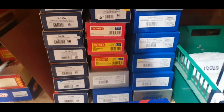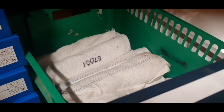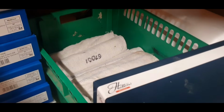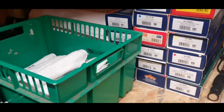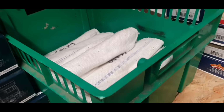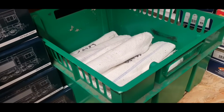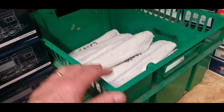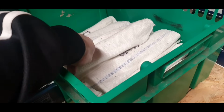So yeah, that's boxes. We're just going to have a look in the box of doom, because I have no idea what's in there. So I'm just going to tidy all this up, and then we'll come back and have a look in there. Right, so I hope you're all enjoying this video. If you're not asleep already, this video is a great cure for insomnia. Now seriously, stay tuned, because this is the crate of doom. I don't know what's actually in here. I know there's numbers written on these